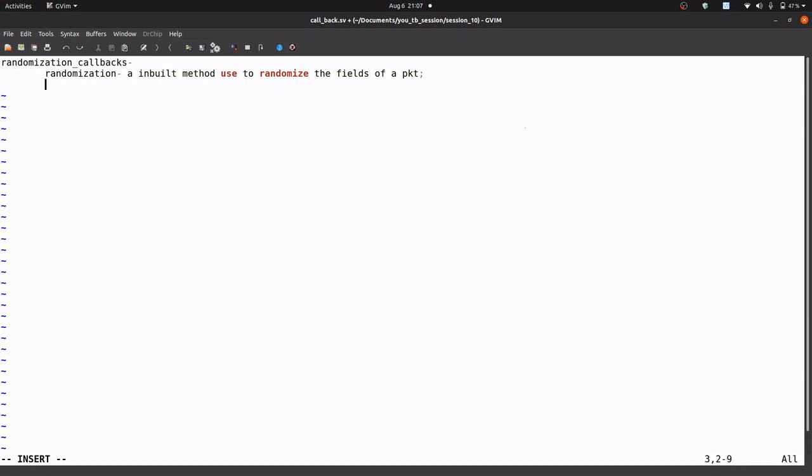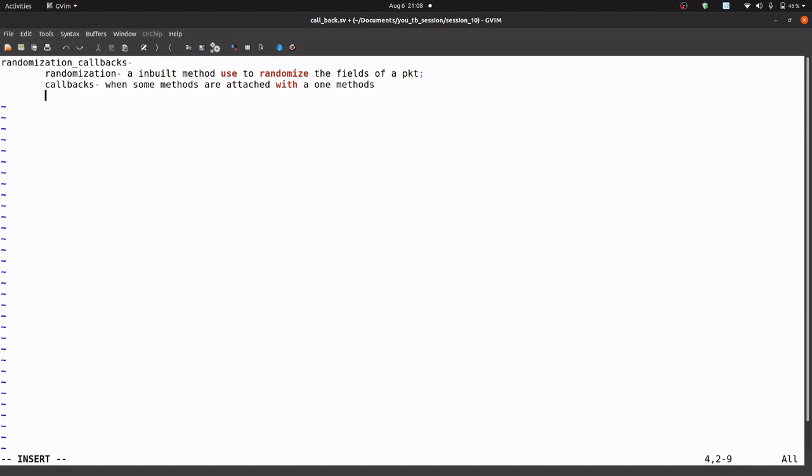Now, what are callbacks? Callbacks are something where some methods are attached with a single method.